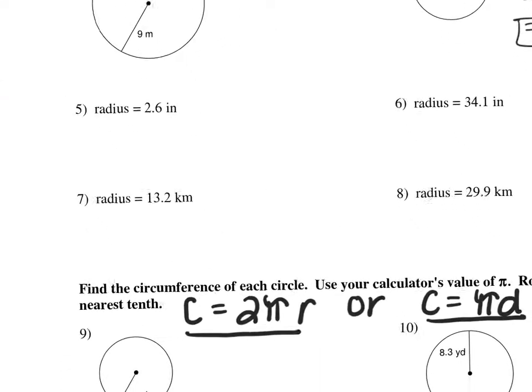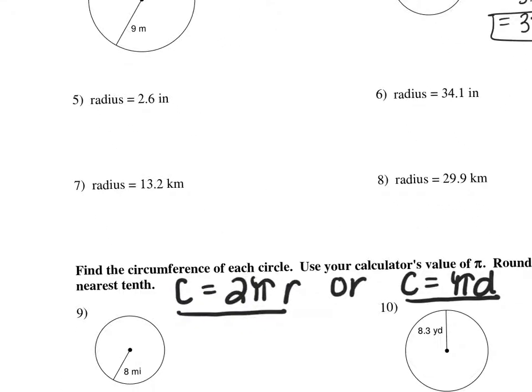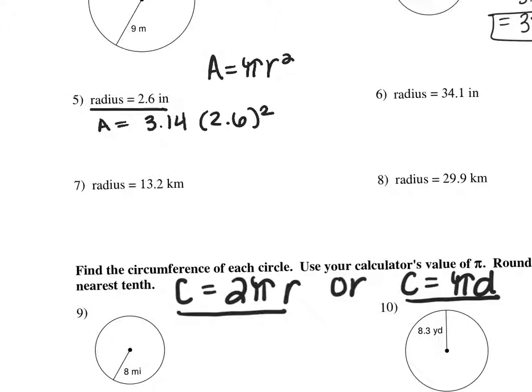So now I'm looking at problems 5 through 8. We're going to be using the same formula as above, so area equals pi r squared, but this time it just doesn't give us the picture. We just plug in the radius. So I have A equals 3.14 times 2.6 squared. When I do 2.6 times 2.6, I have 3.14 times 6.76, and I get out